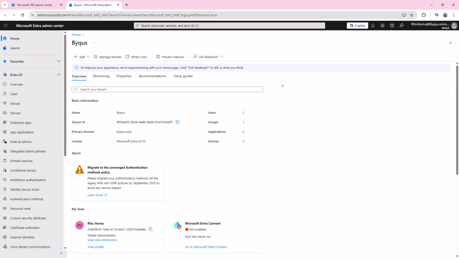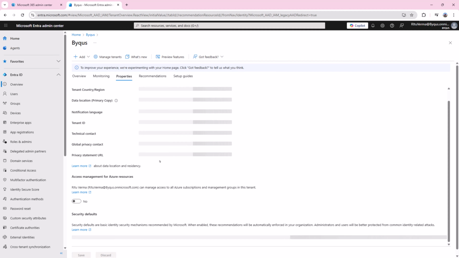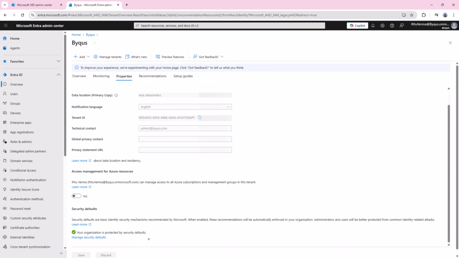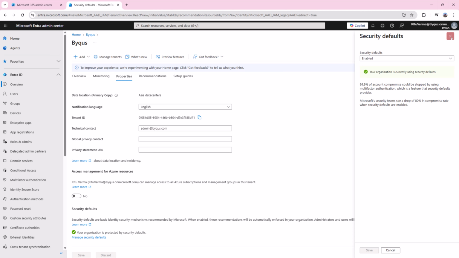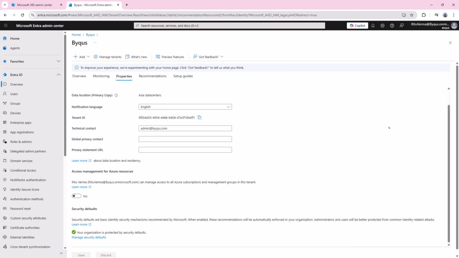The first thing is we will check the security defaults. So we will go to overview, then properties, and if you scroll down, it says your organization is protected by security defaults. If you click on manage security defaults, you have an option to enable or disable.